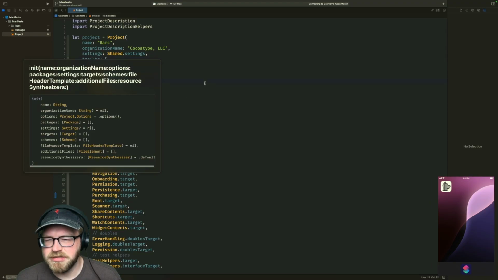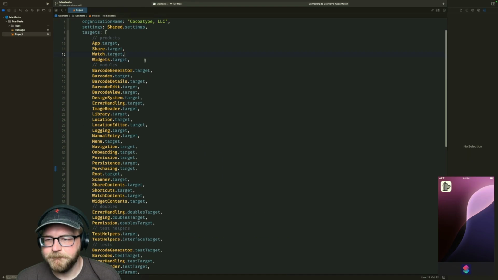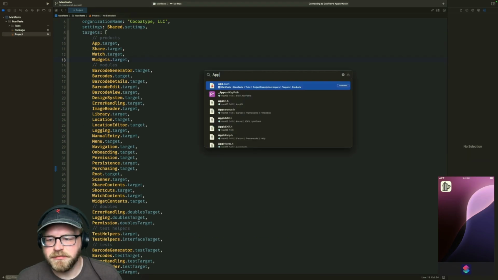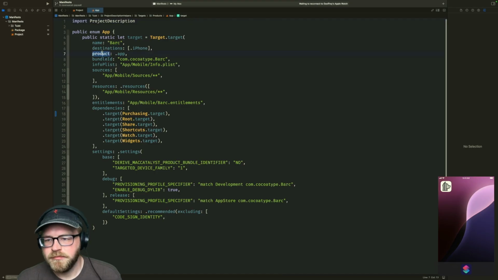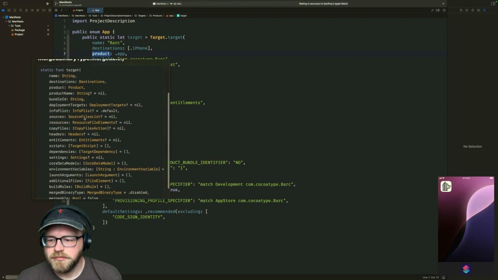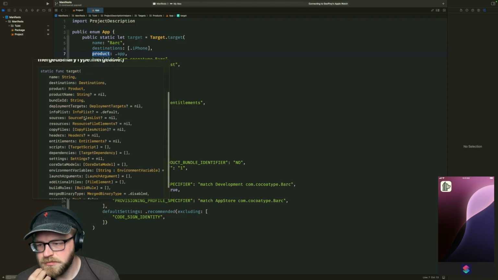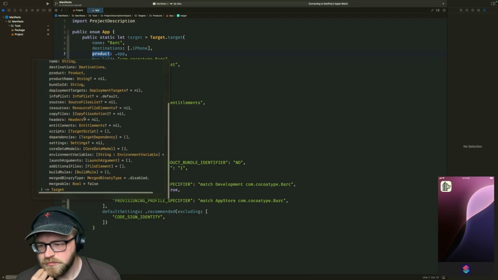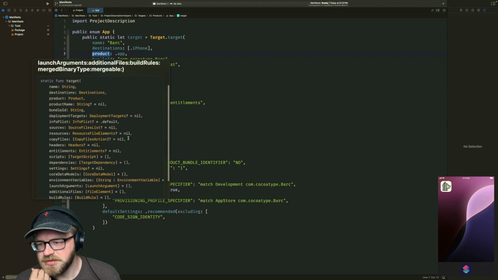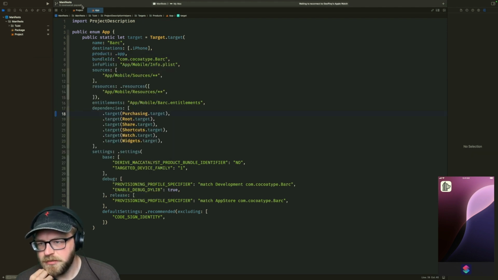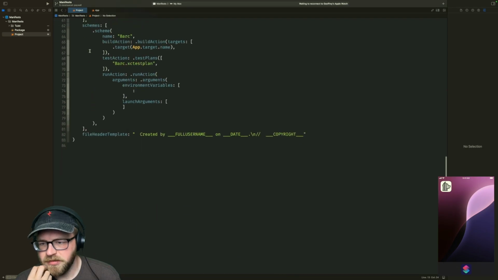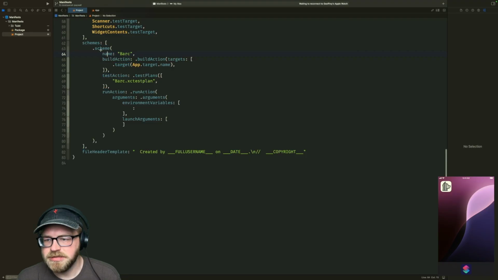Additional files. That's not quite what I'm looking for. Oh, maybe I need to be in the app target though. No? Is it part of the scheme? I mean, I probably do want to throw it into additional files, but I think I also want, yeah, here, scheme,